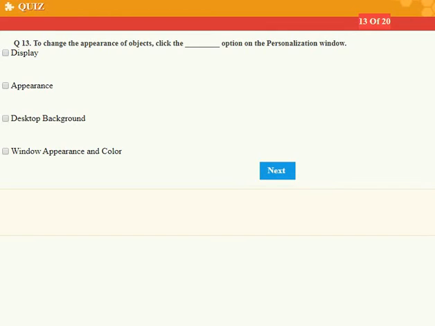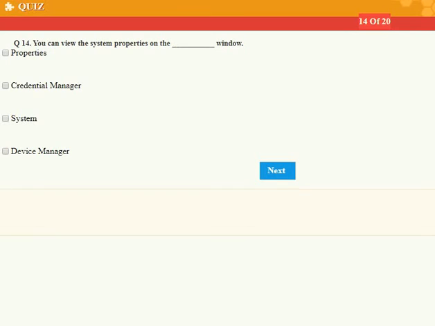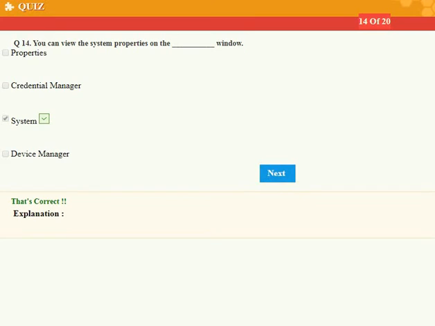To change the appearance of objects, click the dash option on the personalization window. Display window. Display option. You can view the system properties on the system window.